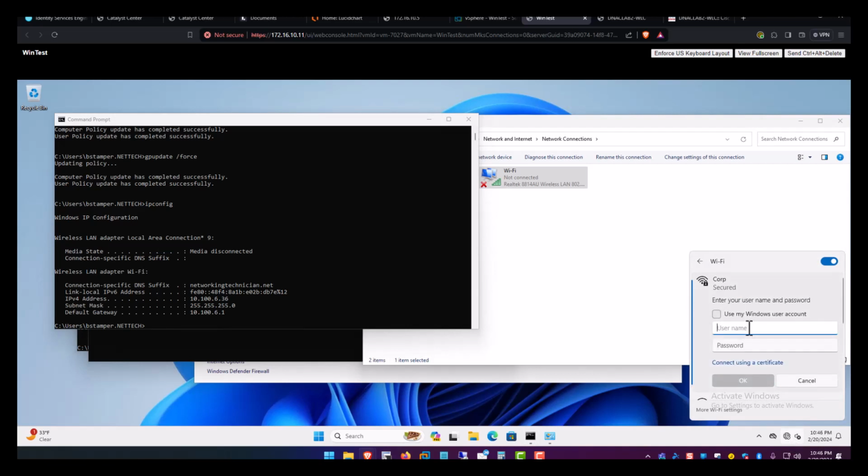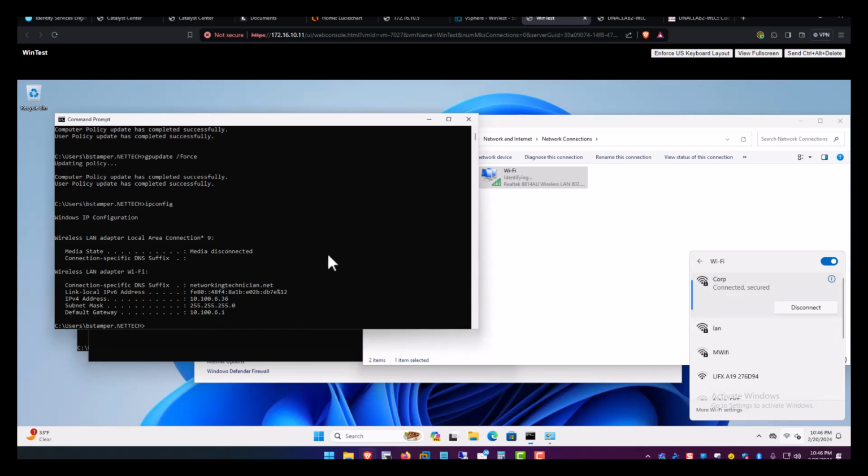If I hit connect, it's going to ask me for a username and password. Now here, this pop-up is because of a certificate, right? This device doesn't trust the internal cert that ICE is presenting, so that's expected. When I hit connect,